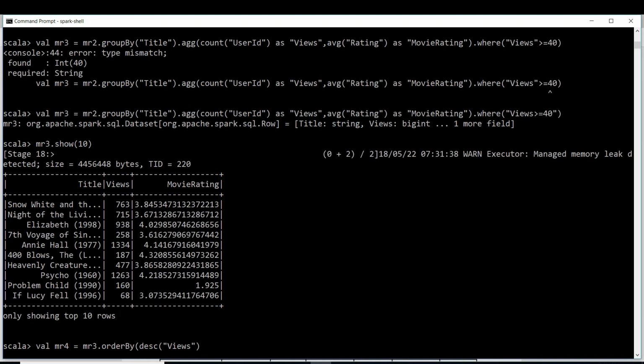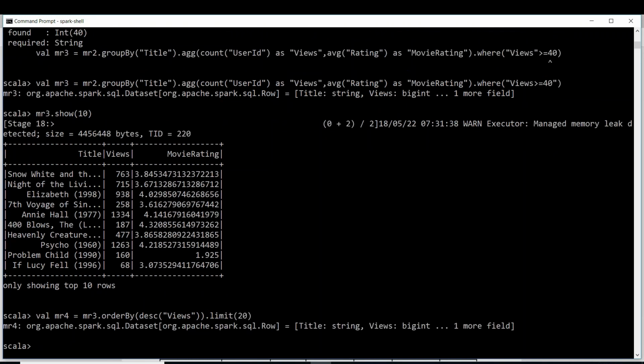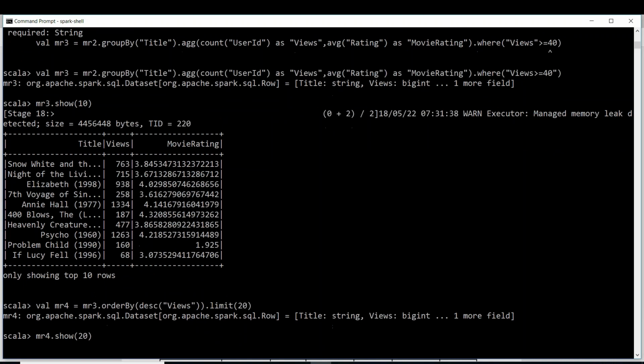Descending order of views, and limit. How many records do we want? Top 20 only, so limit of 20. That's it. So MR4 dot show of 20. It will show the top 20 records.